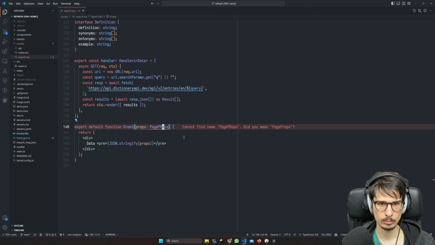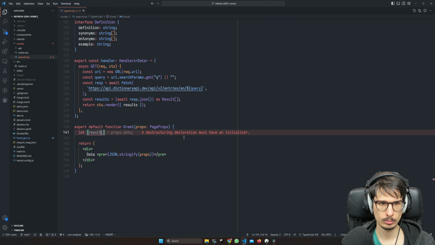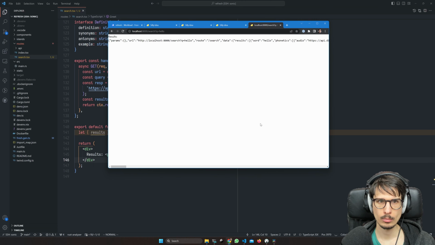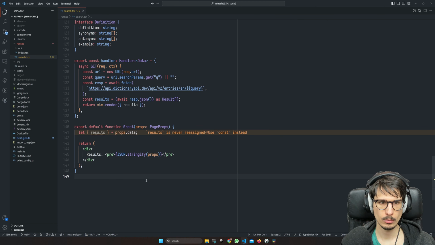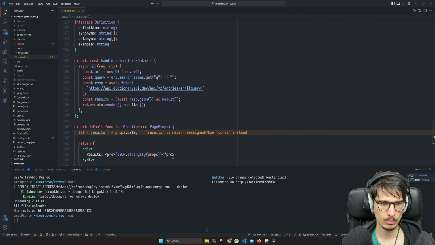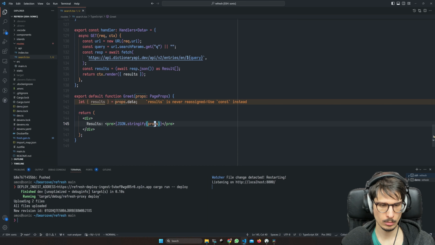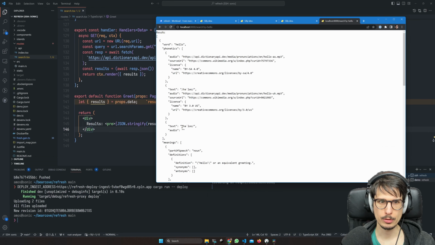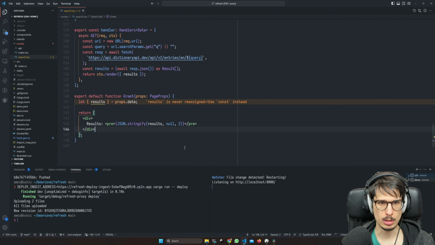Of course, I could have found that out by just control clicking on page props, which is imported from server. And I'm making a mistake here that is going to lead me to have to cast props.data to something else because page props is actually a generic type. It has a type parameter named T that I should set to data, and I'm not doing that. The third param to stringify is the number of spaces to use while indenting it. So phonetics should probably be